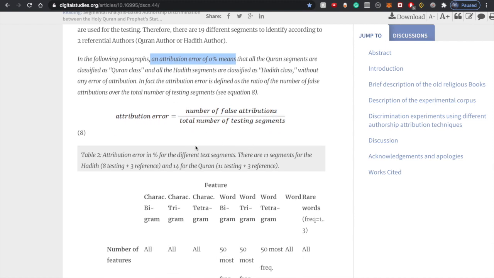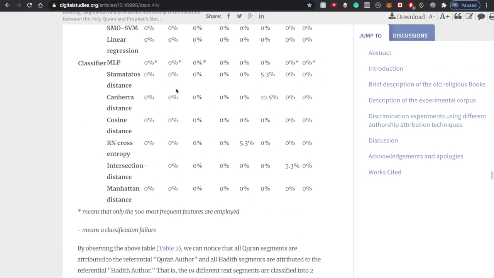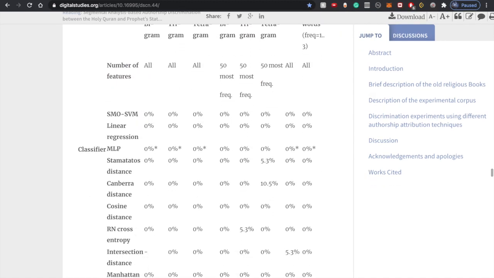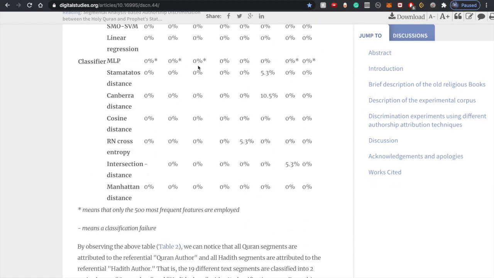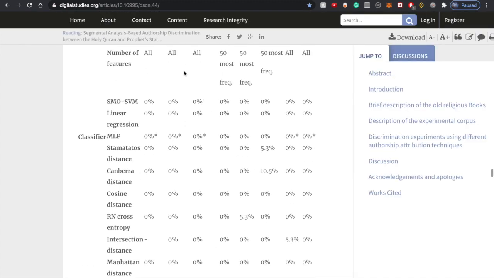Right, so you can see that when they did the tests that we saw last time around too in the last paper, all of them are perfectly going into each one of the segments. So if you remember last time, there was 100% everywhere. Now it's 0% because last time 100% meant 100% accuracy. 0% here means 0% error.